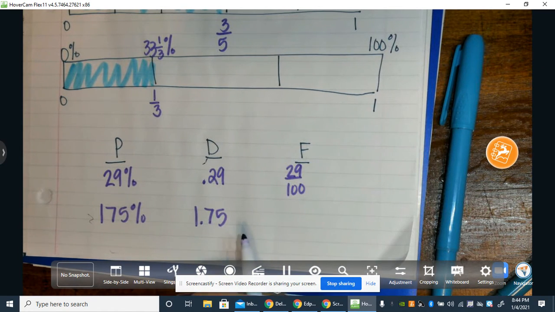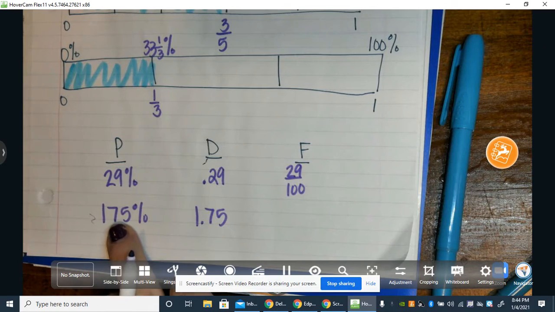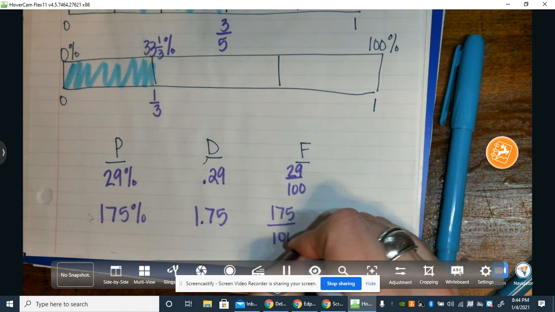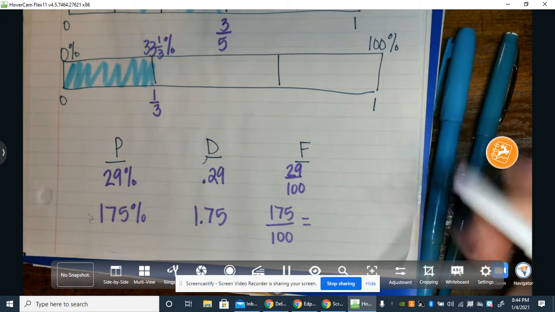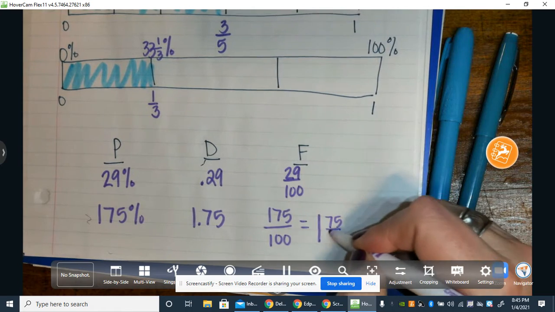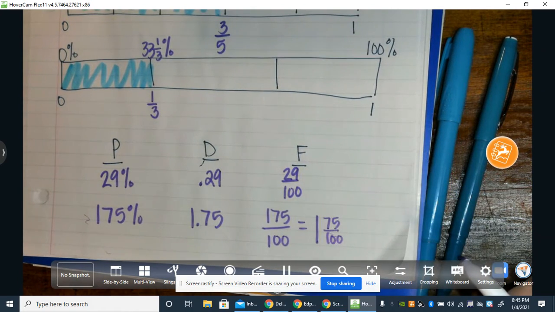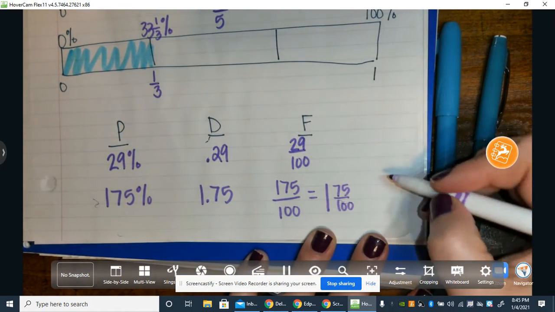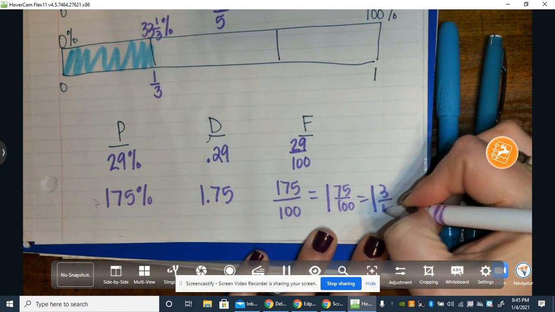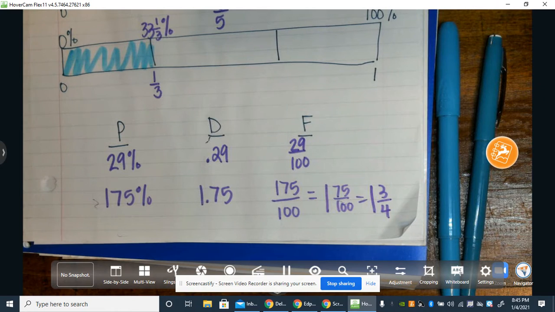And as a fraction, remember this would be over 100, so I have 175 over 100, which is an improper fraction. And that can simplify because that's a benchmark fraction. 75 over 100 is 3/4, so it's 1 3/4. All right, so that sums it up for today's notes